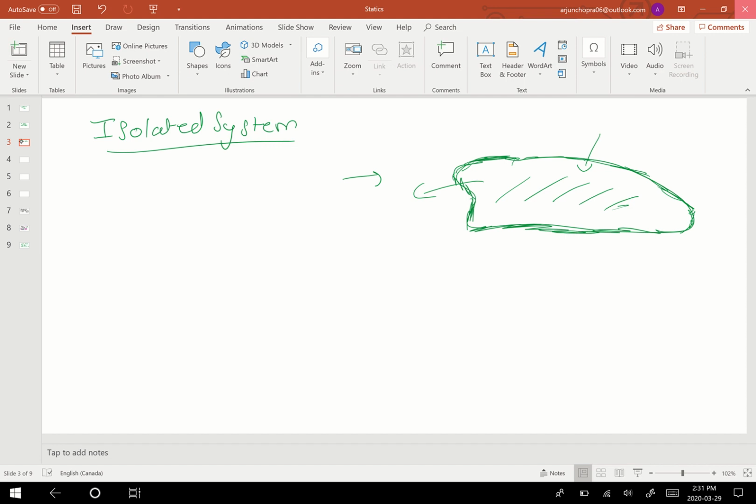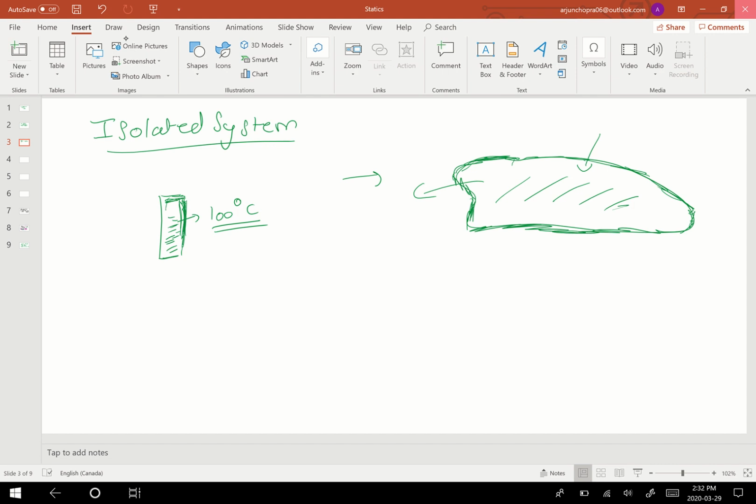I'll take an example. In the real world, there is no perfect isolated system which exists in nature. But I'll take an example which is close to an isolated system. Let's talk about a thermos in which you add some hot water. Let's say this water is at 100 degrees Celsius in this thermos. So what does a thermos do? A thermos tries to